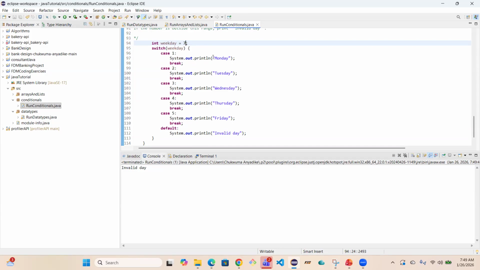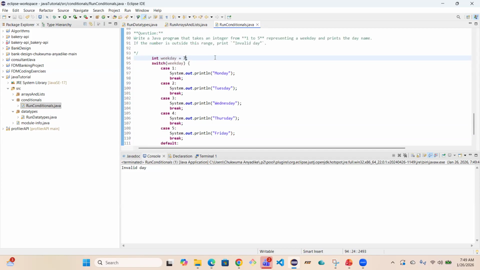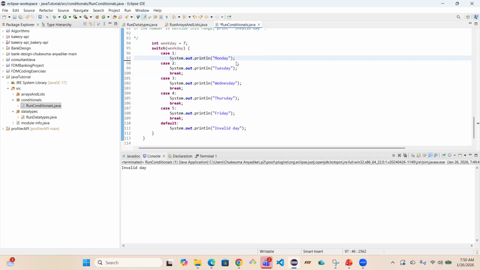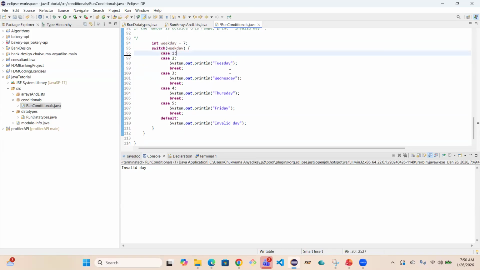Okay, so since we have a little time on our hands, I'm going to refactor this switch statement so that for days 1 through 5, it will print weekday, but if it's a day 6 or 7, it'll print weekend. And other than that, it'll print invalid day. So let's just refactor this. So we'll remove the breaks. And actually, we can remove